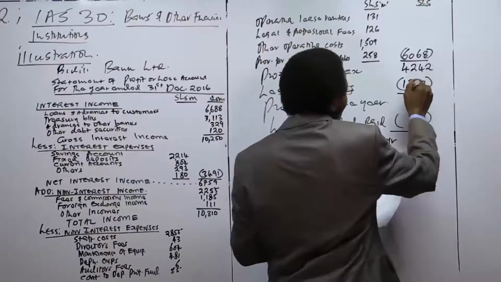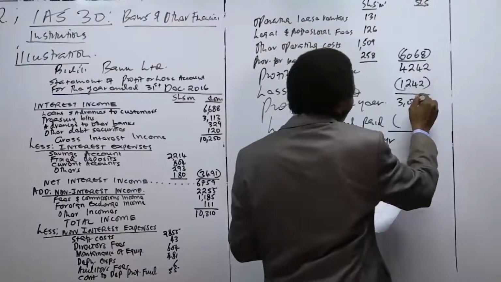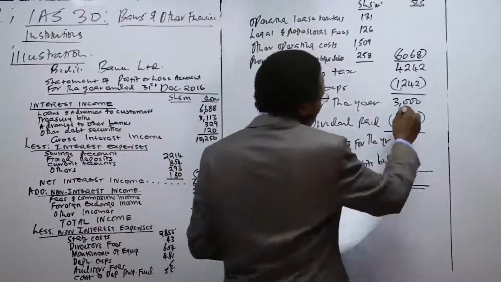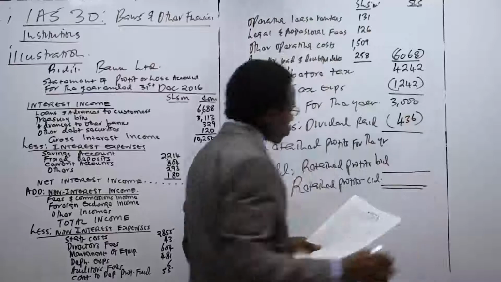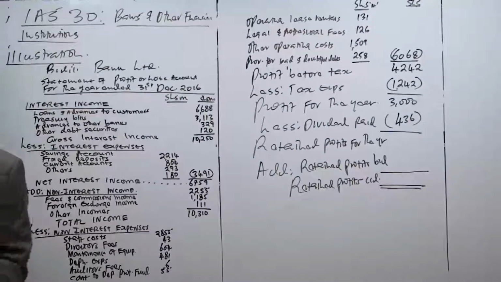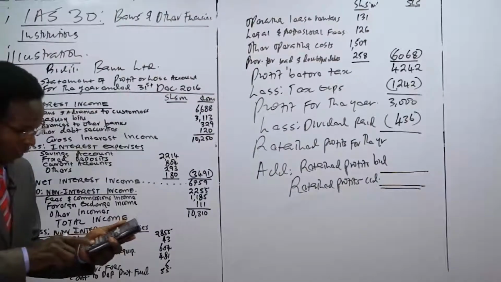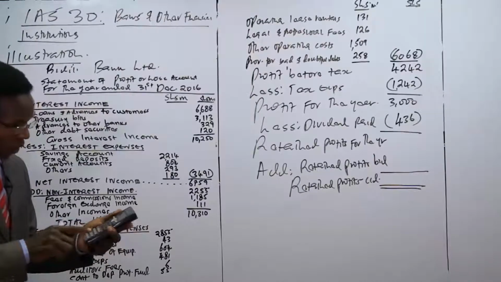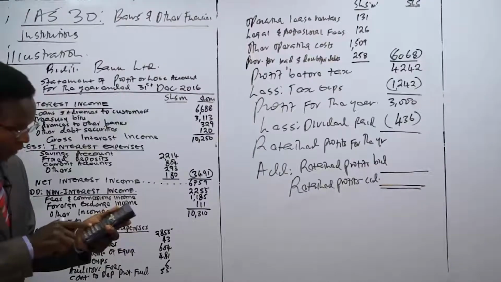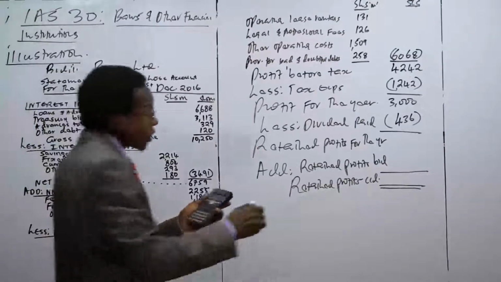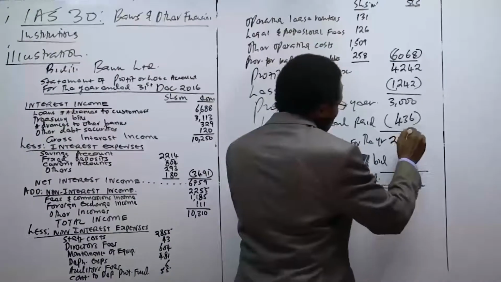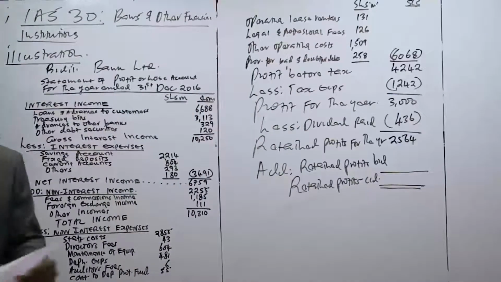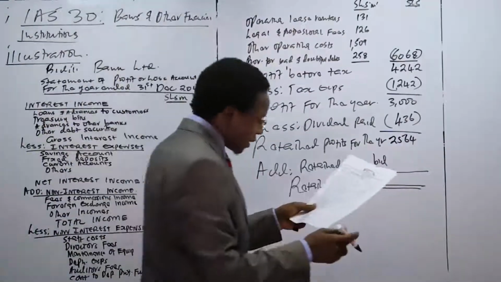If I'm not wrong, if you subtract, that will definitely come to 3,000. The dividend paid, we have seen 463. Now that one I need to use my calculator. We come and say there is 436. So 2564. The retained earnings brought down we were given as at 1st January 2016,